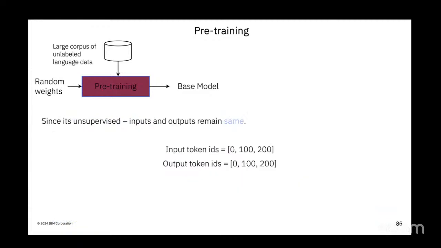In this case, it's going to be unsupervised, which means that the input and output are the same. I send the English sentence and expect the same sentence to be generated back, so the input and output tokens are the same. Once I generate the output ID, I calculate the loss. Ideally I want it to be the same ID as the input. If it's not, I penalize the model. If it generates the right sentence, I give good feedback. Based on that, it learns to figure out the patterns, and I just keep doing that iteratively.